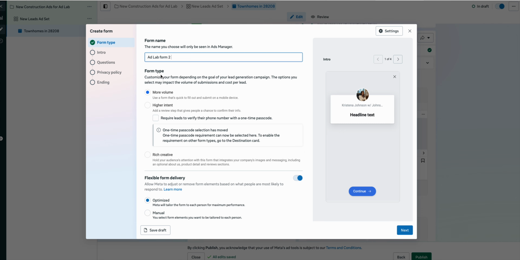If you want high quality leads, then you want to do something like a higher intent form, where it requires someone to confirm that their information is correct. That means they have to go through an extra step and say, I do confirm this information is correct. I want to be contacted. More volume is just if you are trying to get as many leads as possible, casting your net wide, and you will qualify them based upon calling, texting, email. And then last but not least,